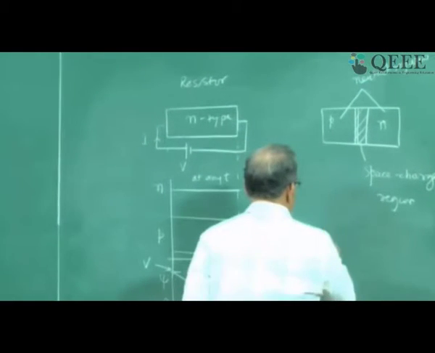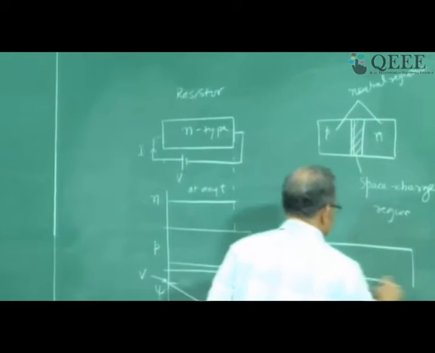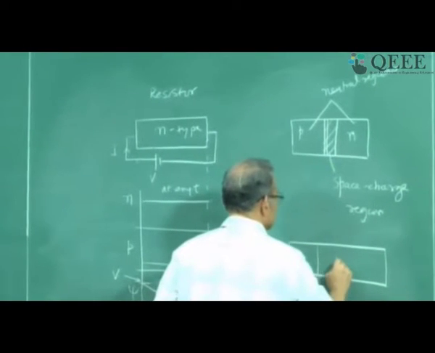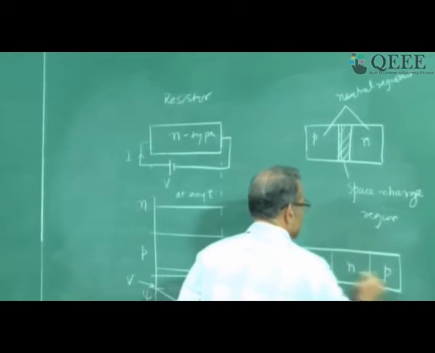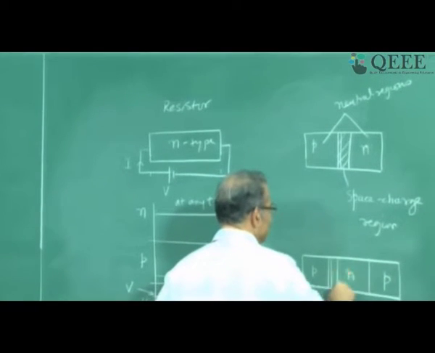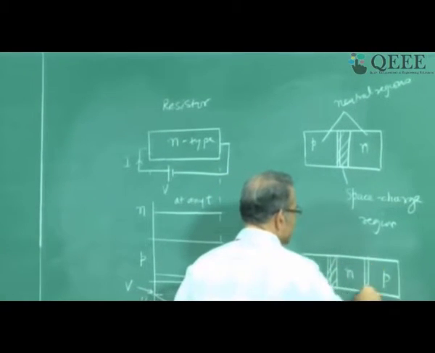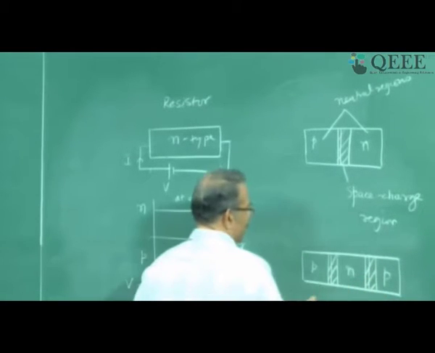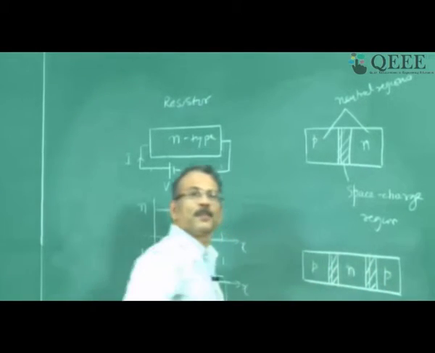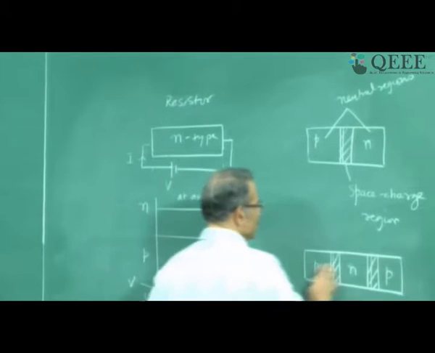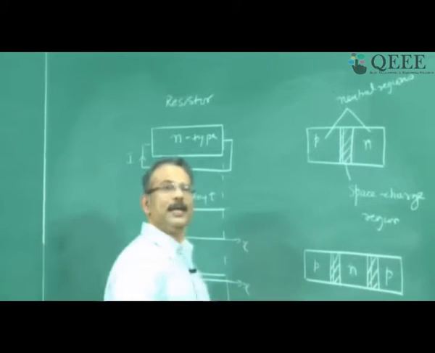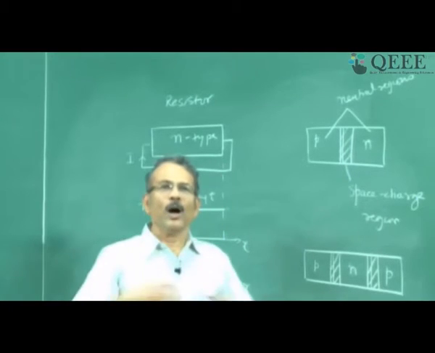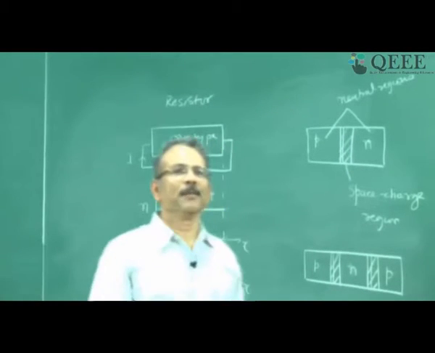Bipolar junction transistor. Suppose it is a PNP transistor. You want to understand this: here you have a space charge region, you have another space charge region here, and you have these neutral regions, right? So you must understand these neutral regions and space charge regions separately, then you combine, then you will get to know how the bipolar junction transistor operates, right?